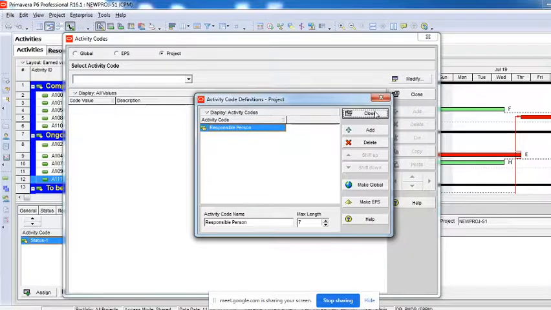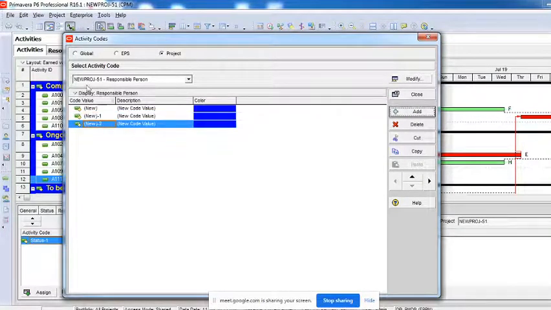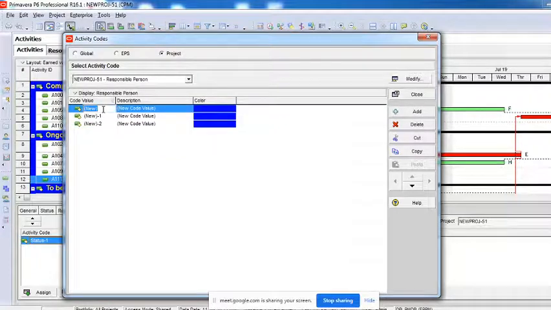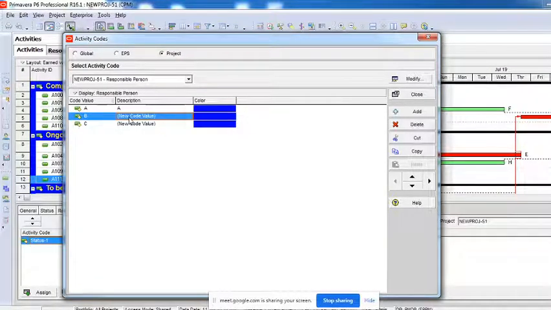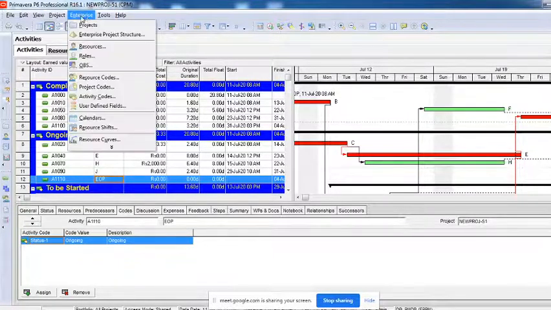I want to just give it as ABC here, not taking any names. Alright, so I'll just type A. These are some names which we want to assign. Now I'll remove this. Or I can directly remove it by changing the codes.